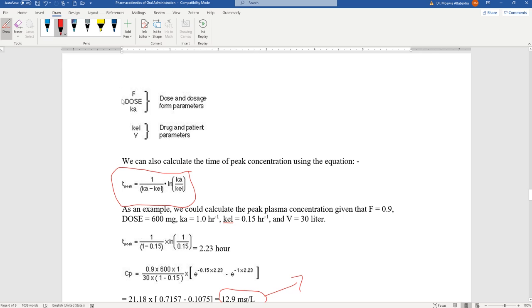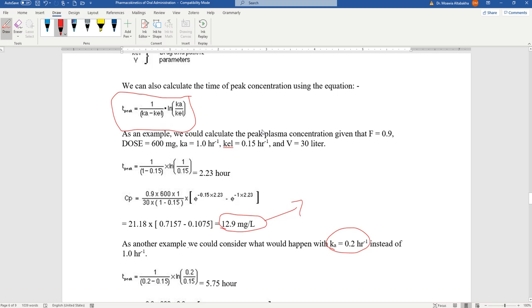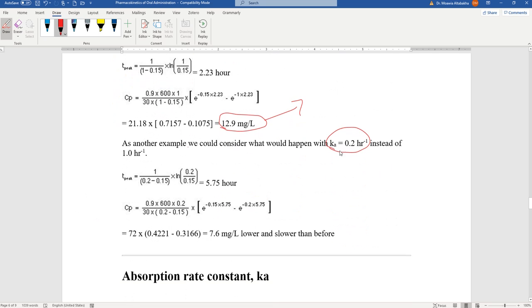but note that F and the dose did not change. This is our assumption. Usually if Ka changes, F times the dose will change. But let's consider that the formulation changed, resulting in a change in Ka but not in F times the dose. See what happens. Of course, Ka decreased, meaning the door through which the drug enters became smaller. So what do you expect to happen? Assuming that everything else has not changed,